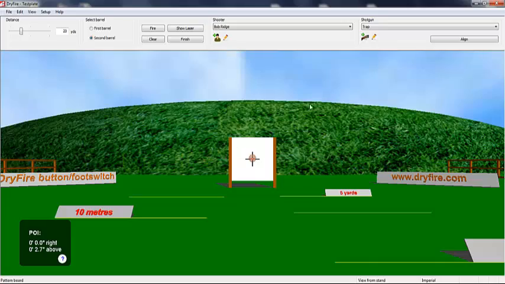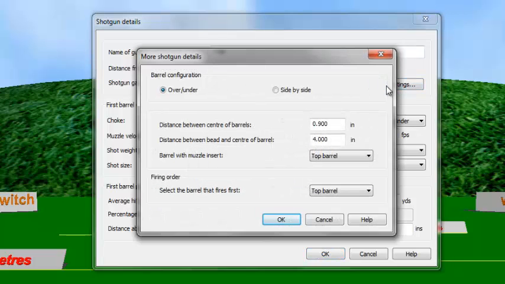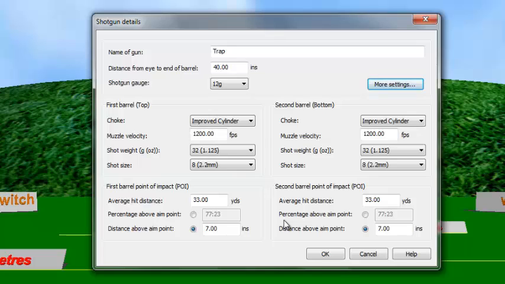So in summary, what do you have to do? You have to start out by defining your specific gun. You want to go to edit your shotgun. The first thing you want to do is go to more settings. And in more settings you want to define the exact geometry of your rib, top barrel, bottom barrel relationship before you get started. Then you say OK. Then you come into your shooter's information table. You select the distance that you're trying to get the gun to shoot, and